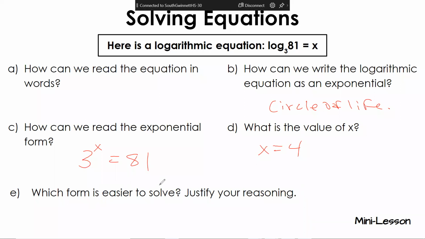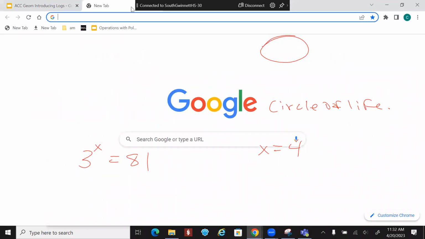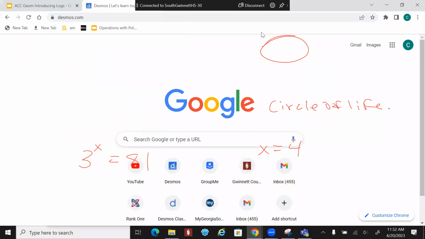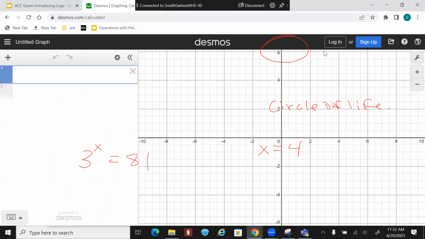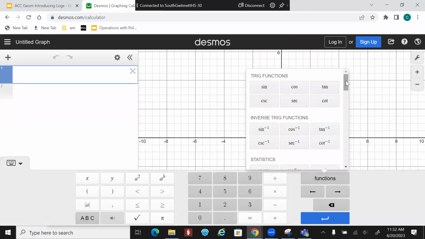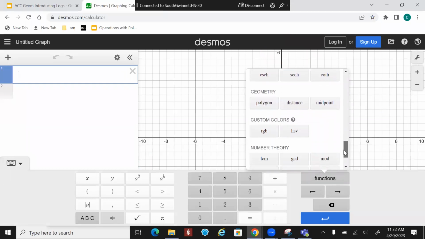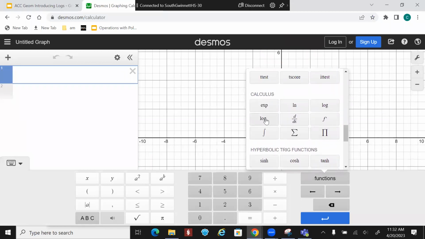Okay. All right. Which form is easier to solve? Here's the deal. Ready? I'm trying to drop some knowledge. You can literally take this and go into Desmos and type that in. Because when you ask me how to do it on the test, I'm going to say I don't know, because I'm just going to be stubborn like that. So if you go into the keyboard and you go to function, you scroll down